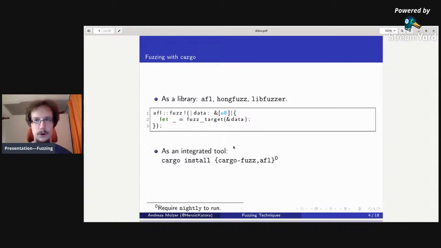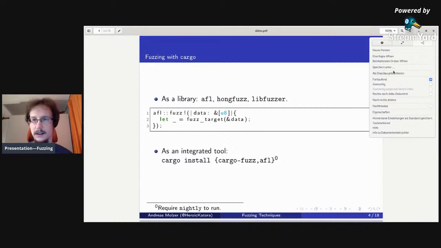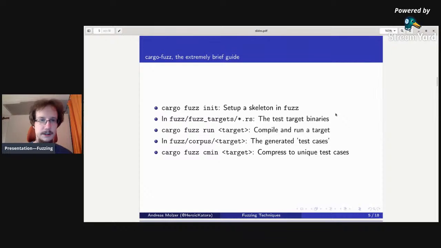So I want to go into one of those in detail, and that is the cargo-fuzz program. So a very, very brief guide. What can you do with cargo-fuzz? It works similar to the main cargo tool. You can initialize a new fuzzing skeleton, so that sets up a directory, and then you can edit some binaries, basically Rust files, where you write exactly those, well, not 3 lines, but probably more, but those fuzzing harnesses you saw earlier, and then you can execute one of those harnesses and see if the fuzzer finds some bugs, some